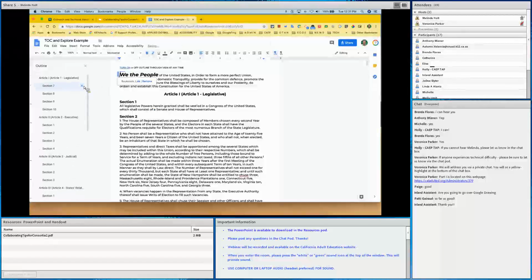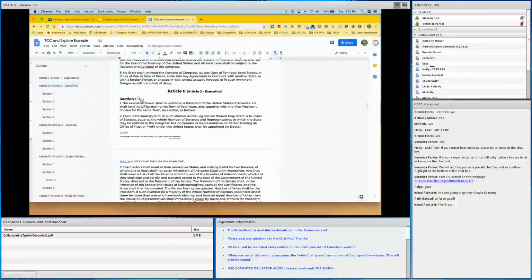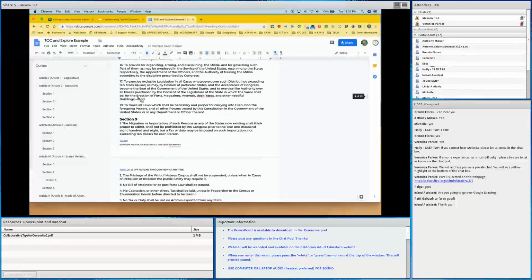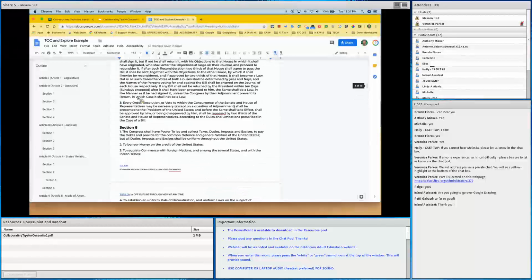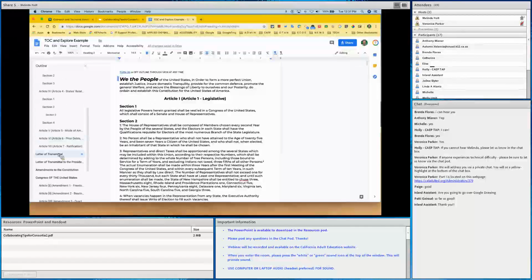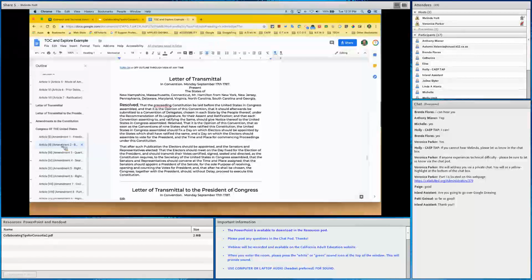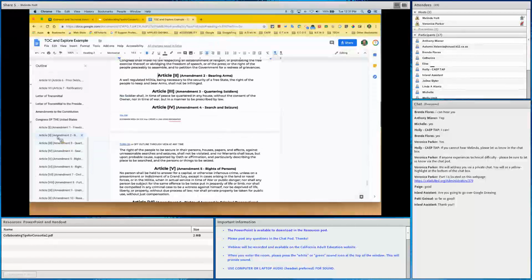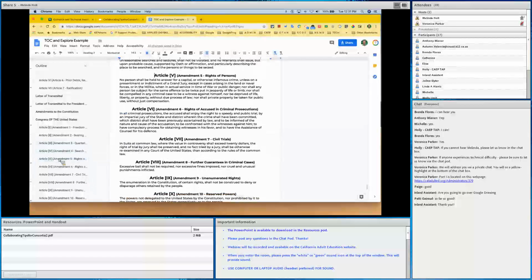So I'm going to delete all the sections out of article 1 so that when I hit article 2, it will go there. But I'm going to have to scroll up now to see the sections 1 through 10 on article 1. Wow, that was a mouthful. All right, so again, all of these are links. I can go right to them. By the way, our founding fathers made a lot of spelling errors. I don't know if anybody knows that. I discovered that. I can go to any of these articles, any of these amendments, or I can remove them